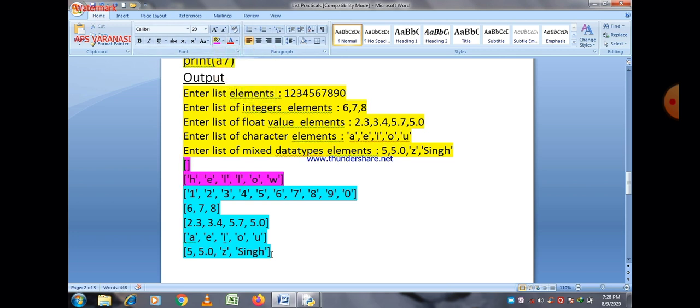The first two are using the list method. The last four are using the evaluated function. Here, in the third one, we give different integer values, but without the evaluated function they are considered as characters. So you can easily see the classification among these. So this is our output here.